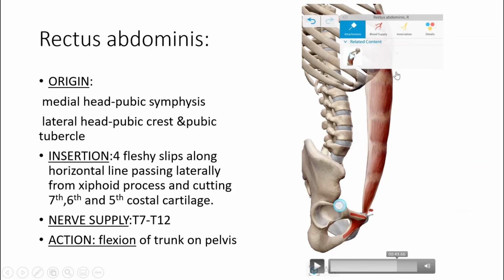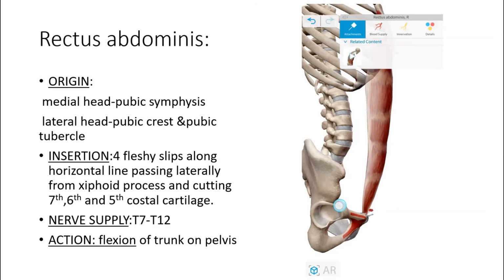So the first is at the level of xiphoid process, as you can see here, and the second is at the level of umbilicus, and third at the midway between these two, which you can see here, and sometimes a 4th insertion can be present below the umbilicus. So each insertion passes horizontally in a zigzag manner. It is attached to the anterior wall of the rectus sheath. So talking about the nerve supply, by the lower 5 intercostal and subcostal nerves, which are T7, T8, T9, T10, T11, T12. So this is all the flat muscle and the vertical muscle.